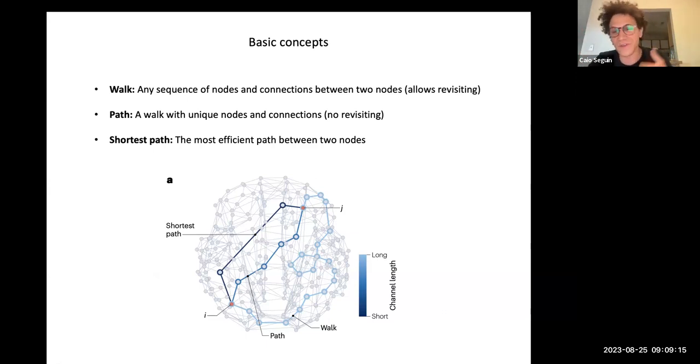So if you think in terms of number of hops through the network, this is the shortest path from I to J. So you have 3 hops. So this is just some basic connections. And you can think of the length of the channel of communication going from short, the shortest path, to long, where walks tend to be longer.